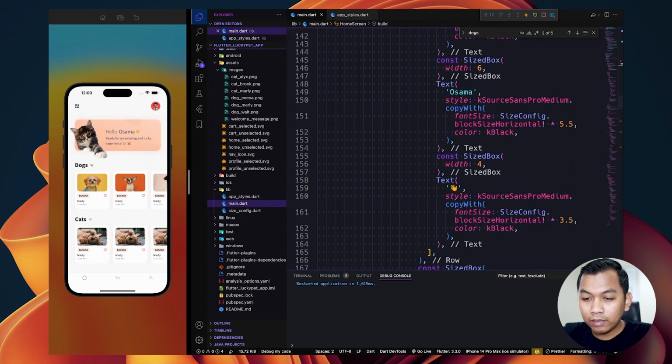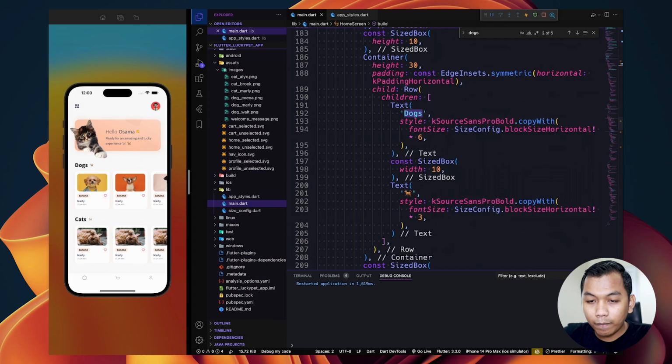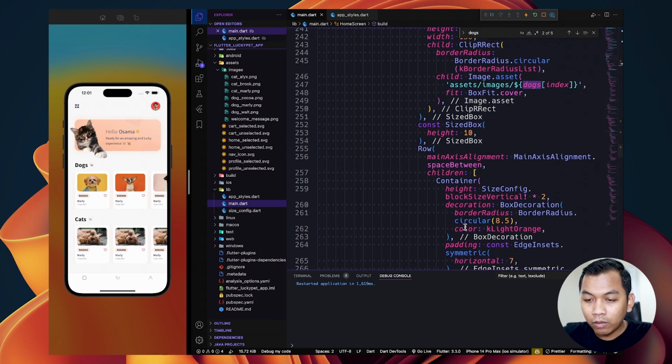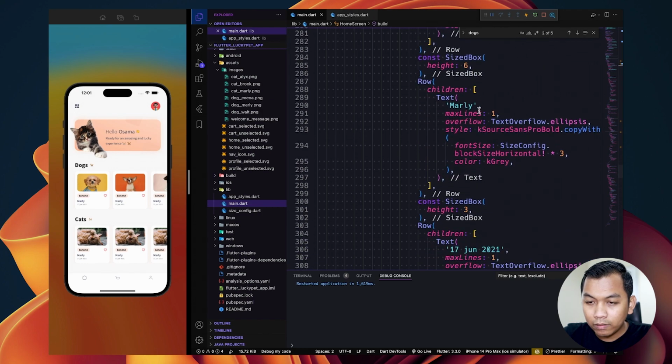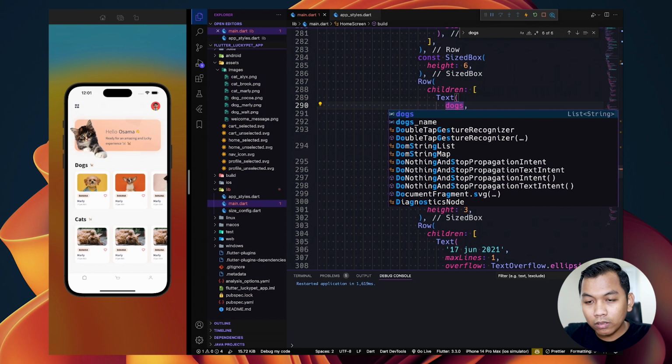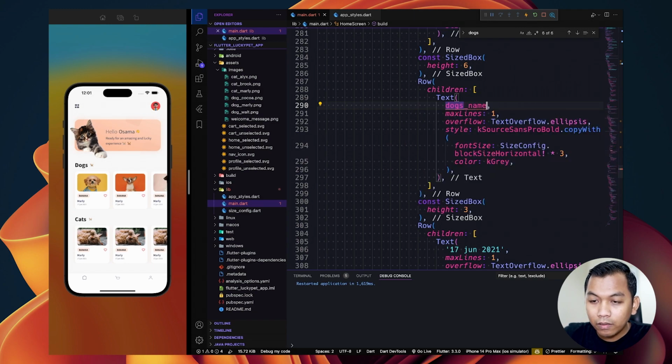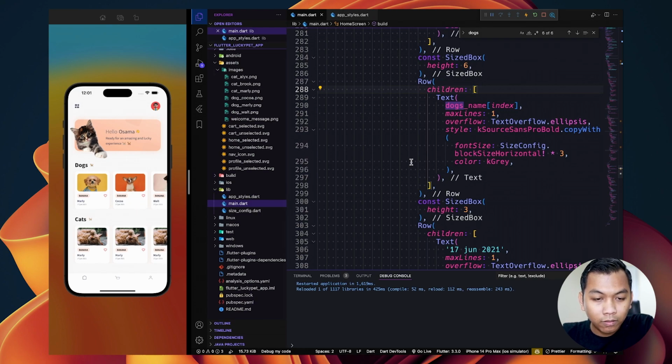And when we test this inside our docs here, so let's say docs name index, so we will see Marley, Cocoa, and Walt.